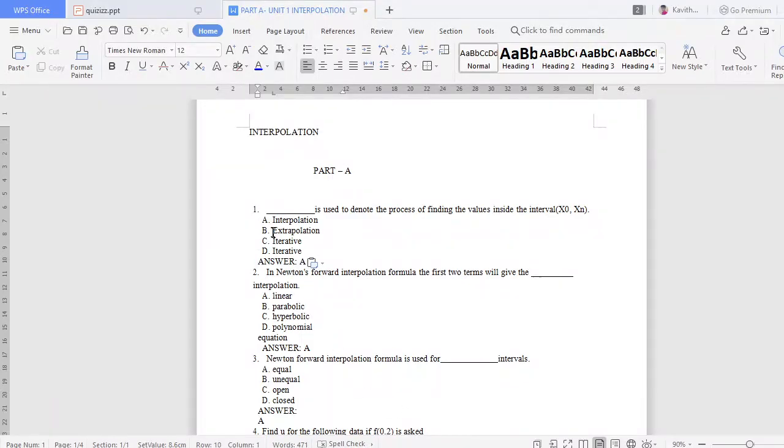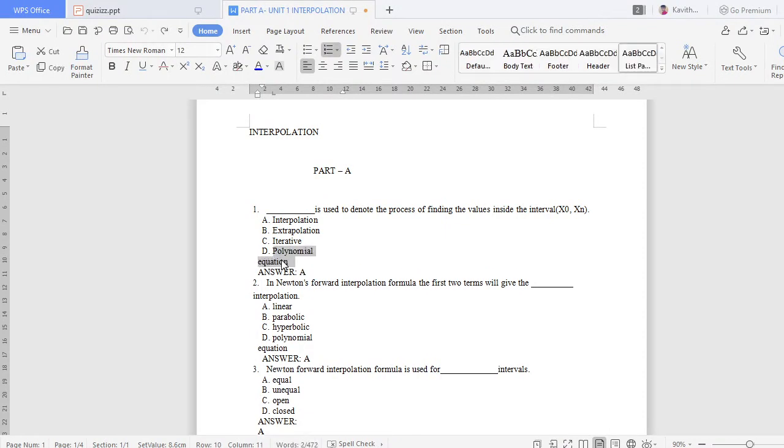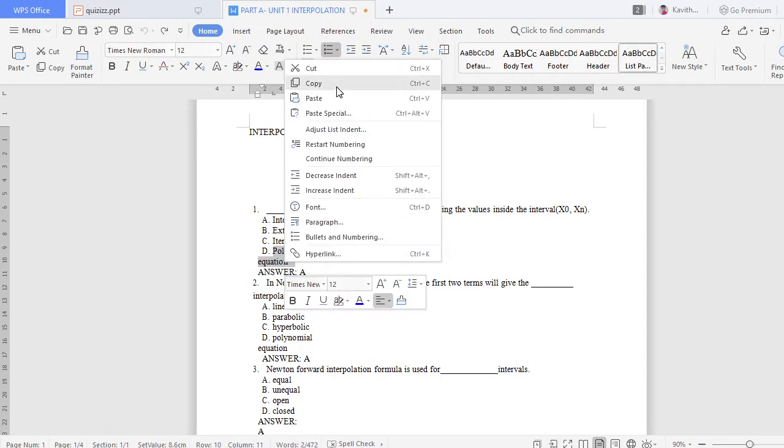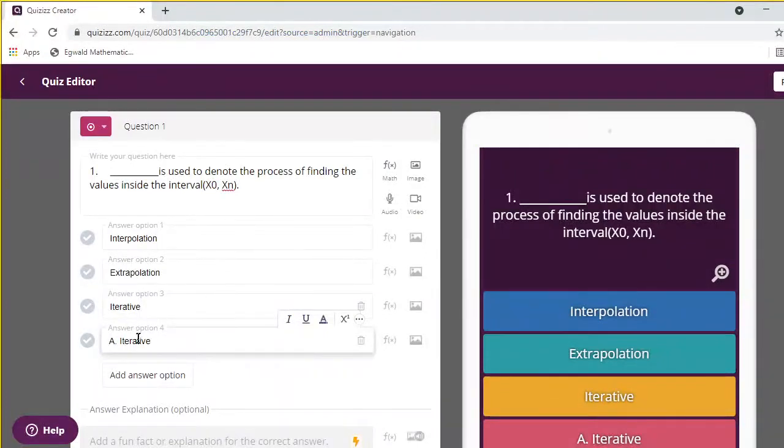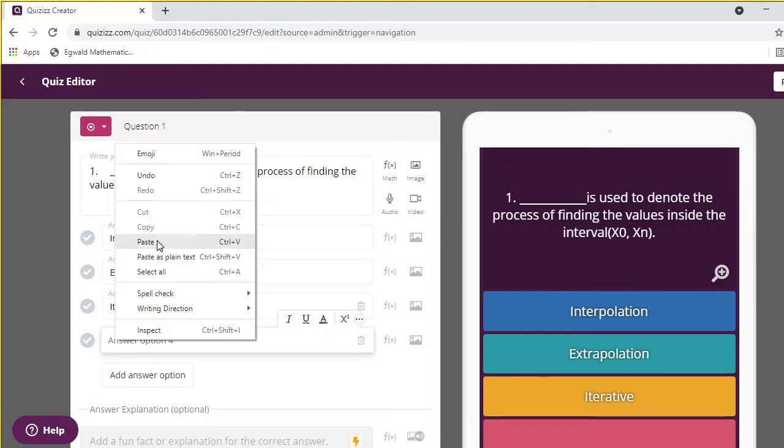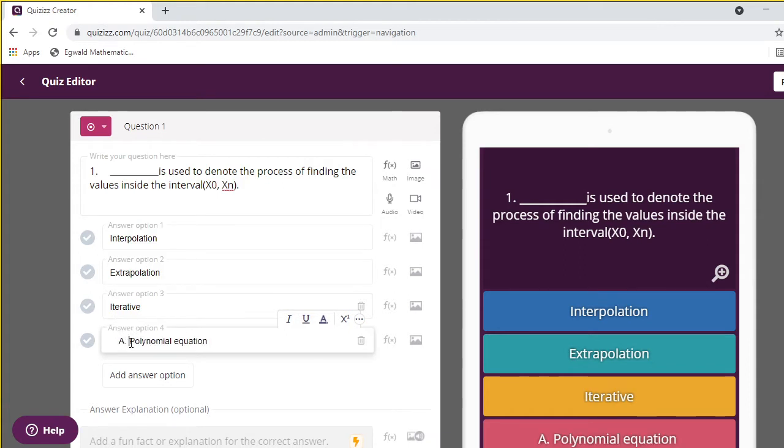Now I have copied all the options. Suppose you need to add some other options, you can click here, add an answer option. I don't want that, I just have four options here.